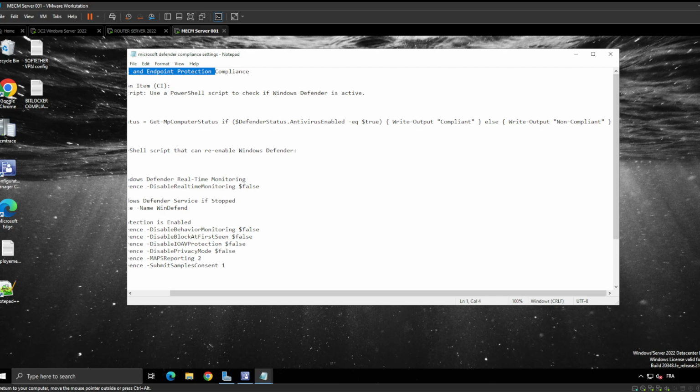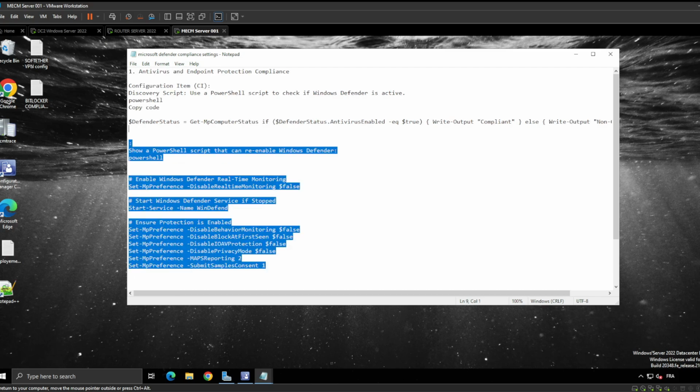So it's still a very important compliance setting, since when you work as a help desk technician and you work on multiple laptops, you could maybe just forget to enable back the Microsoft